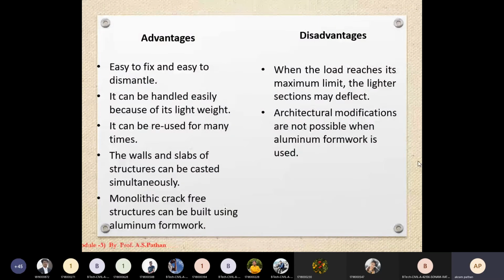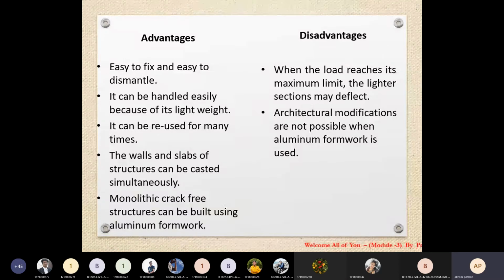For example, in case of the specifications, it gives the guideline regarding the quality of the wall. For example, if you change any type of the formwork sections, for example, we require 5 meter by 3 meter of the formwork as per the specifications. But if you want to modify that, in case of the aluminum formwork, this facility is not there.